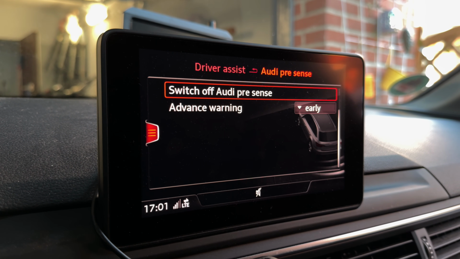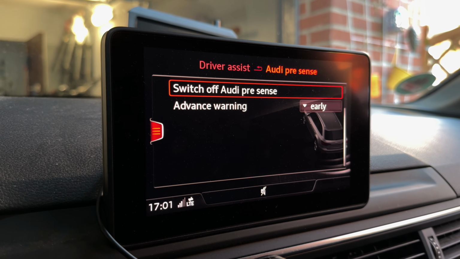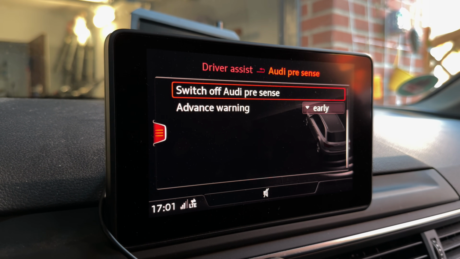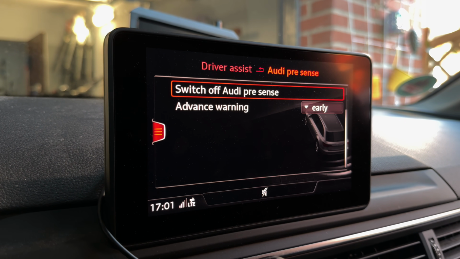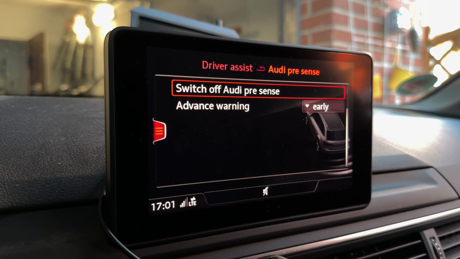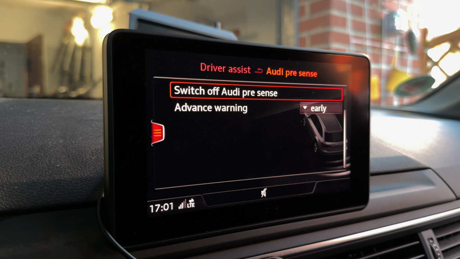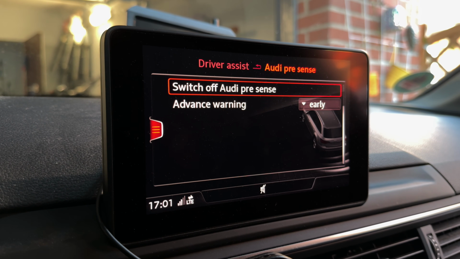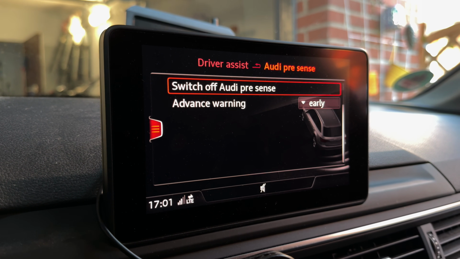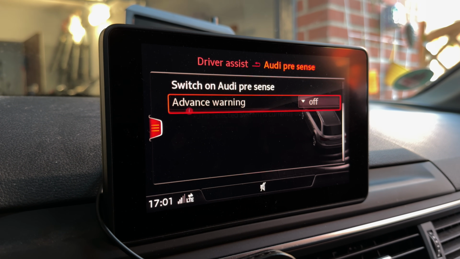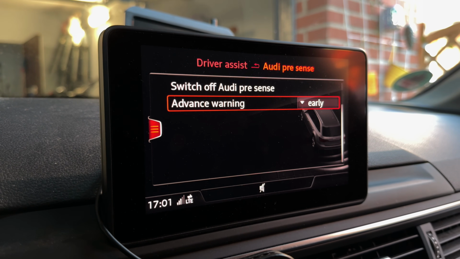We can prepare with the Audi pre sense system that maybe there is a car in front of us who stops immediately, that your car will get an information for you. There is an obstacle in the way, stop now. Or in case of emergency, the car can stop automatically by using the Audi pre sense system. We can switch that on and we can switch that off, of course, but you should not switch that off. So switch it on, please.